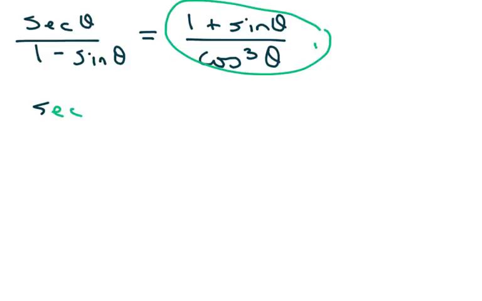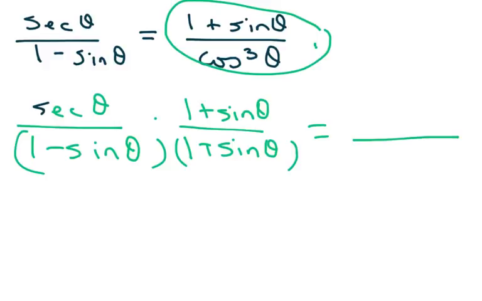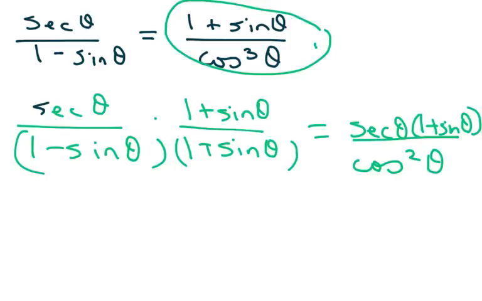So what I'm going to do, and this is where you have to keep your eye on the ball here, if I multiply my numerator and my denominator by the 1 plus sine of theta, what we get for the denominator is cosine squared, and the numerator is going to be secant theta times 1 plus sine of theta. Now, cleaning that up,